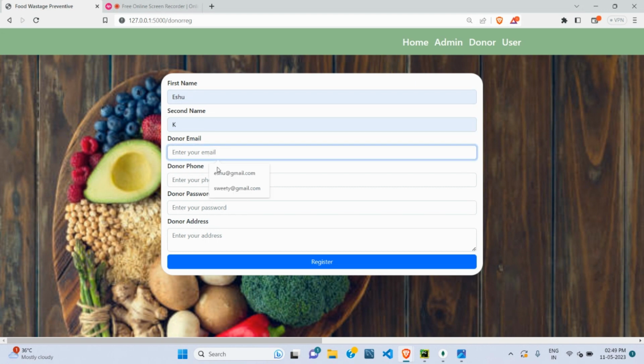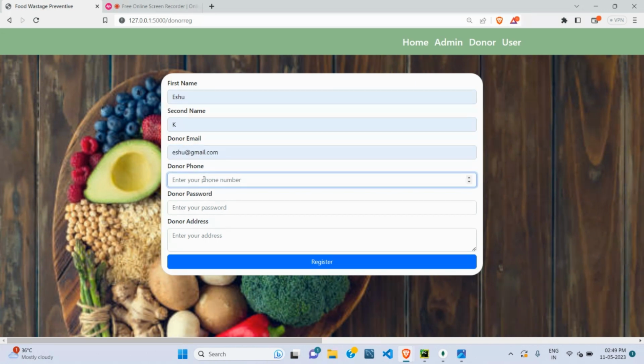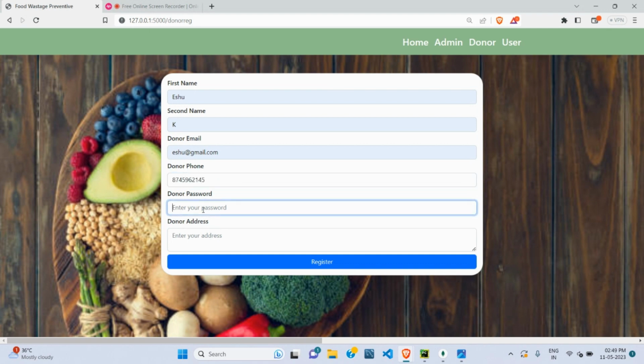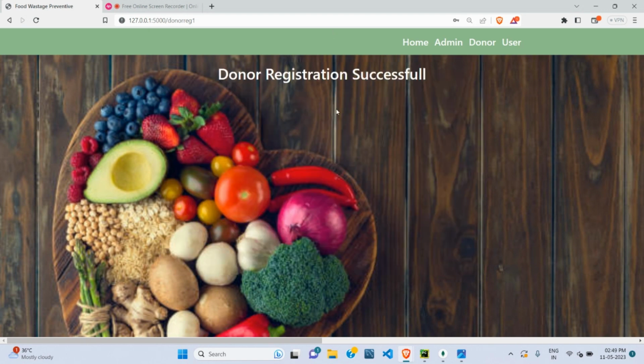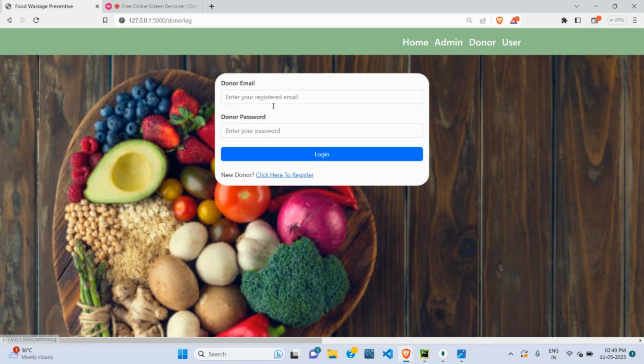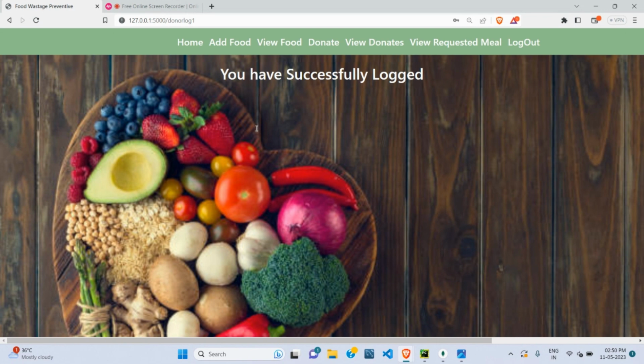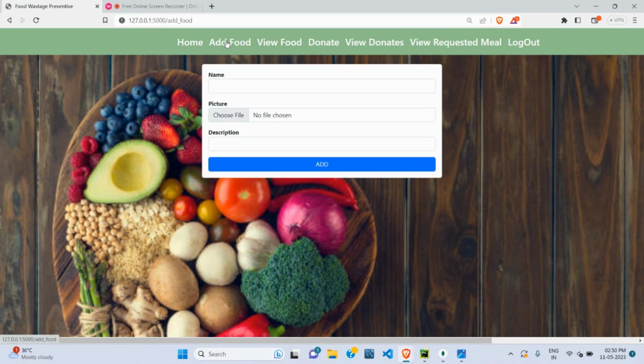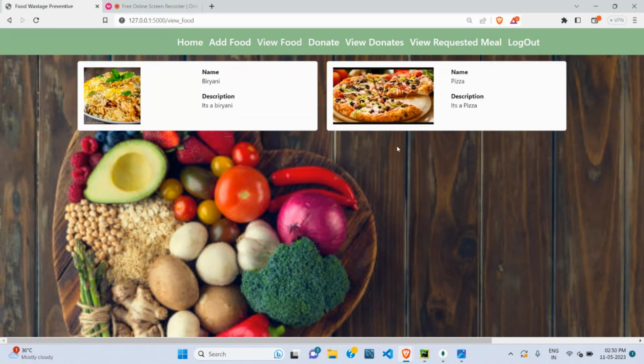Donor first name, second name, donor email, donor phone, donor password, and address. Click on register. The donor was registered successfully. Now the donor will log in with the registered email and password. Now the donor can add the food and can also view the food which is added by the admin